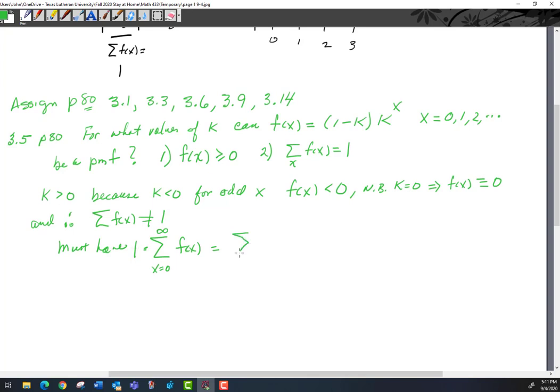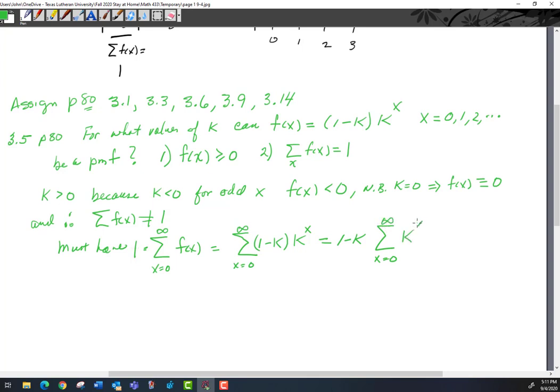That would be sigma x equals 0 to infinity of 1 minus k, k to the x. Now k is not a summand in here. K is constant. It's x that's the index. So this 1 minus k can come out. 1 minus k sigma x equals 0 to infinity